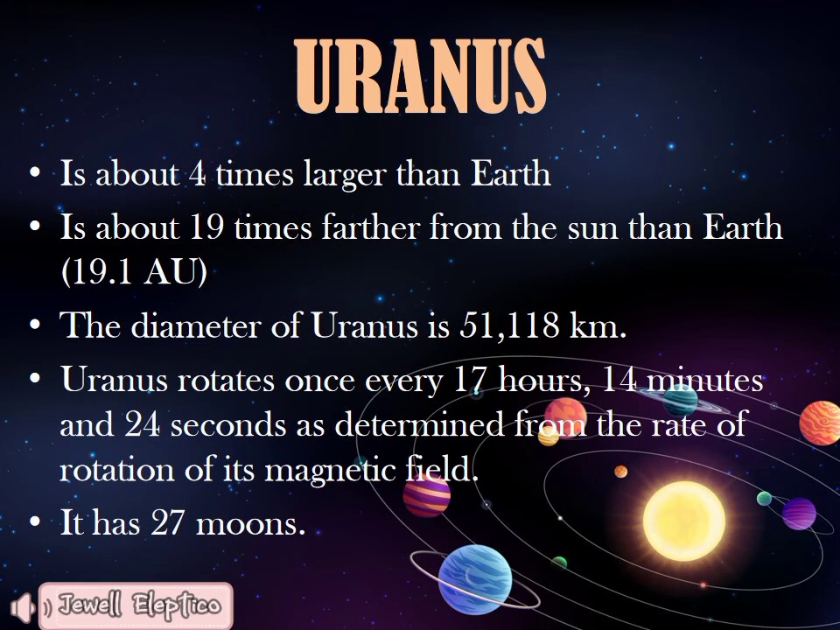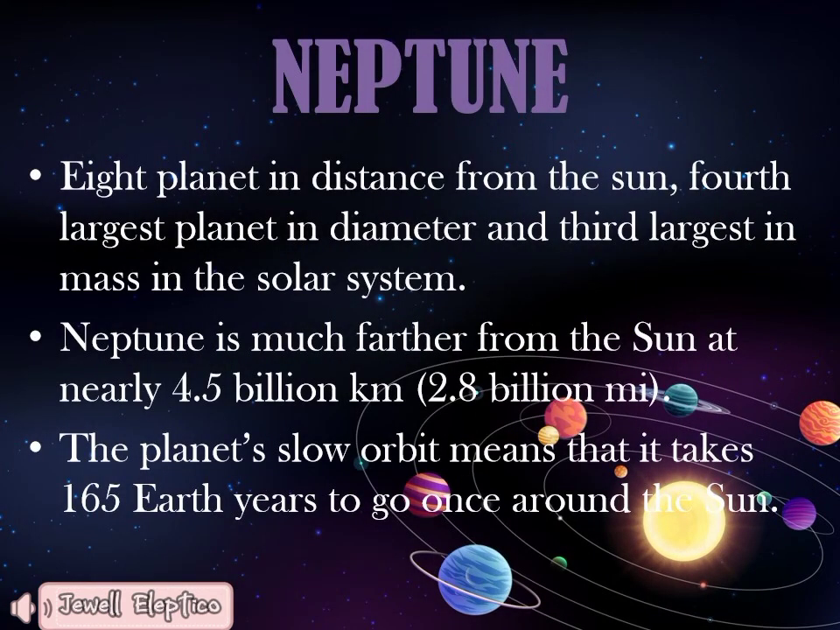Uranus rotates once every 17 hours, 14 minutes, and 24 seconds, as determined from the rate of rotation of its magnetic fields. Our last stop is planet Neptune. Neptune is the farthest planet from the Sun. It is the 4th largest planet in the solar system, and Neptune is about 4.5 billion kilometers away from the